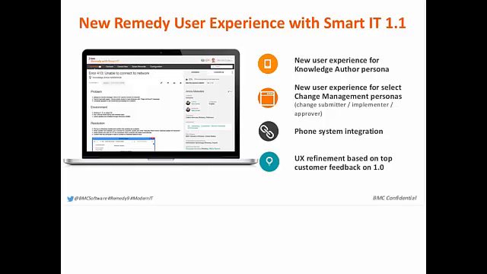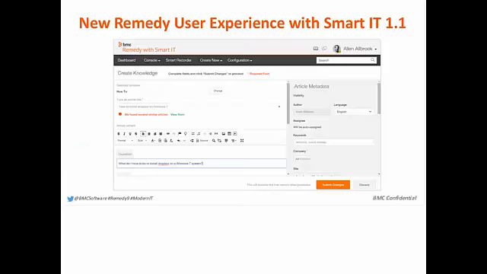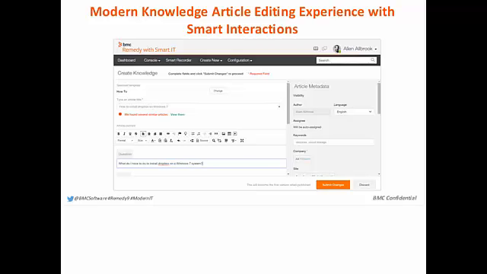So in the 1.1 release, for example, we are adding a phone system integration for the service desk personas that we had introduced in 1.0. We have improved the way assignment works based on customer feedback, and we show more information about the customer, VIP flags, etc. I mean, all these are things that are customer driven, and that's an important part of our process. But let me touch on the first topic around knowledge,